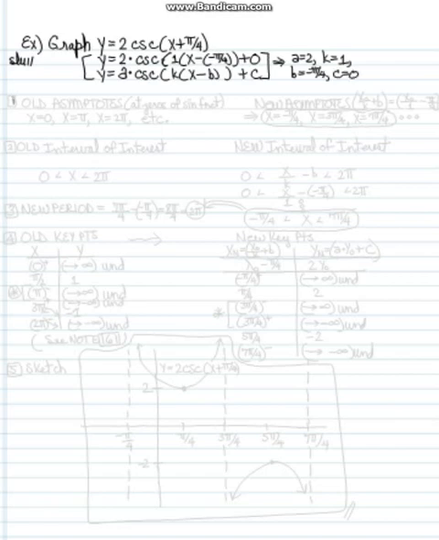Okay, step 1, the old asymptotes at the zeros of the sine function. You'll notice since it's a reciprocal function, the asymptotes are located at the zeros of the sine function. We're at x equals 0, x equals pi, x equals 2 pi. You can look at note 161 to see that. So our new asymptotes are going to be acquired from the old ones by taking x